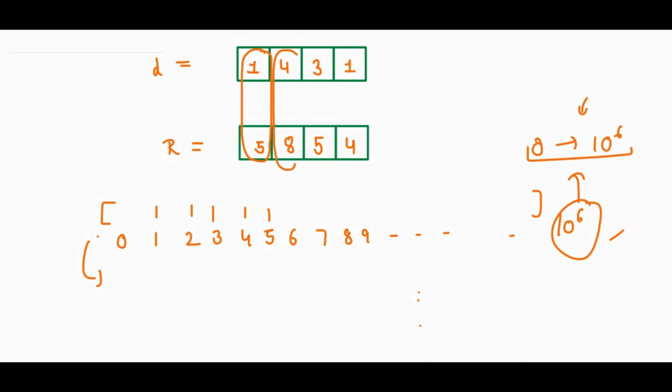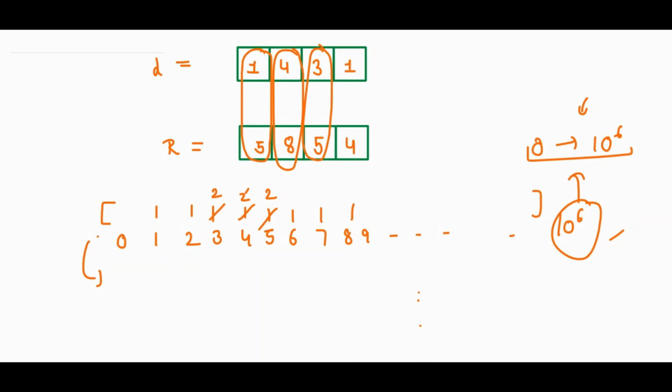Then I will go to 4 to 8. For 4, I will make it 2, because 4, 5, 6, 7, 8 I will put 1, 1, 1 there. Then I will go to 3 to 5 and I will put 2 here, because I will increase the